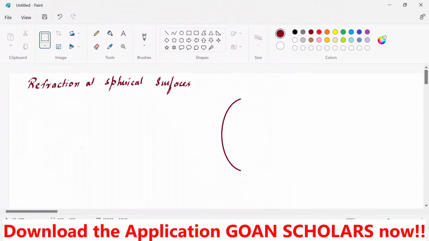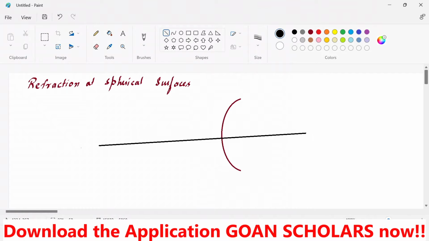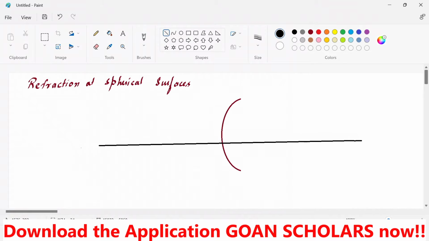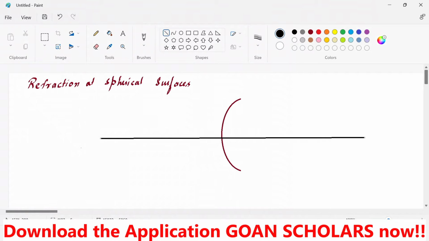Let me cut it from one side because it's only a single surface, one side surface. This is a spherical surface. And let's say this is a ray which is passing through the geometrical center of the spherical surface. So let me make it a little up here. Okay. Let's say on this spherical surface there is one object which is placed, and let's say this object is